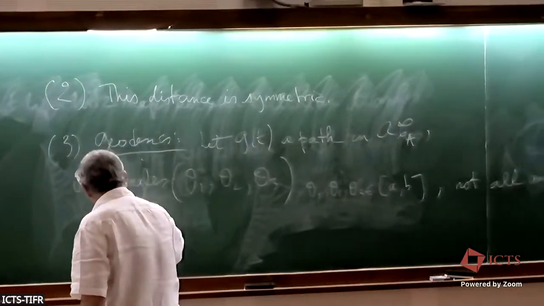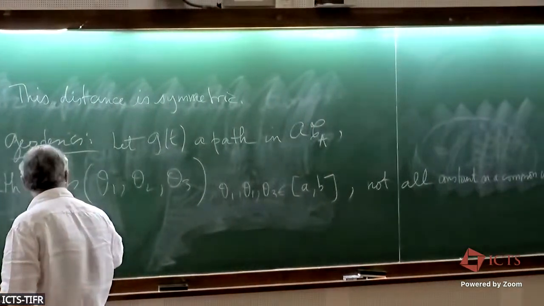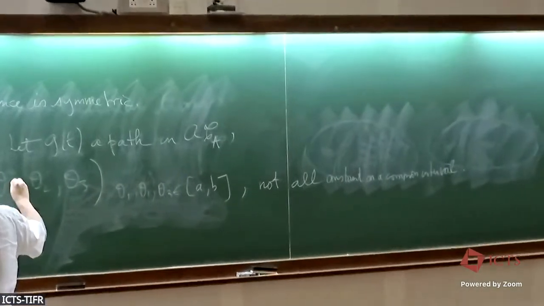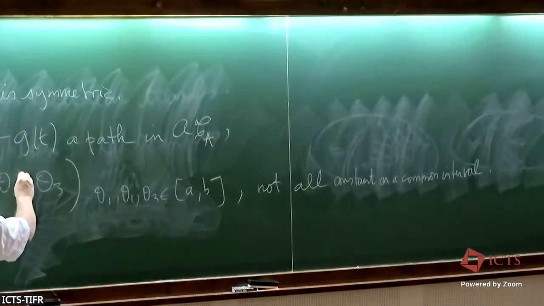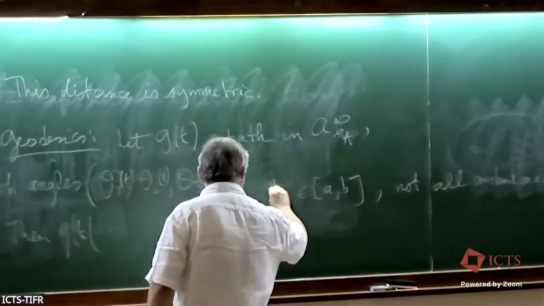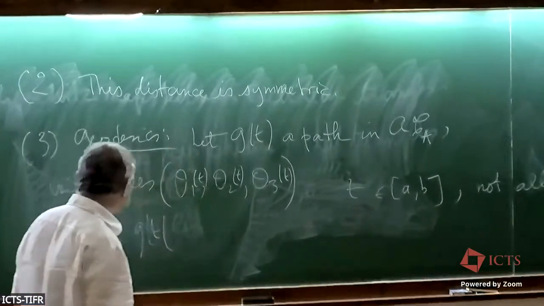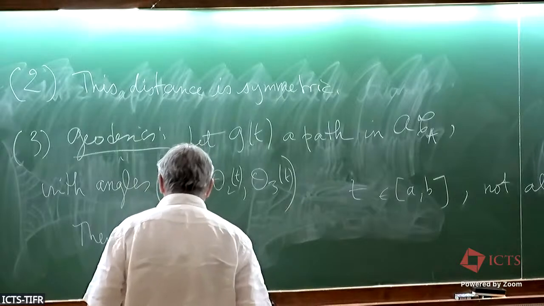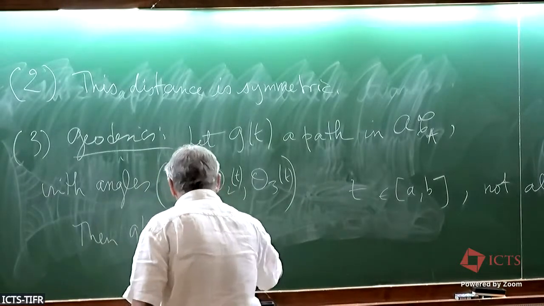Then this path is, so here I have t, I have t, I have t, and this is t. Yes, this is better. Then g of t is a geodesic